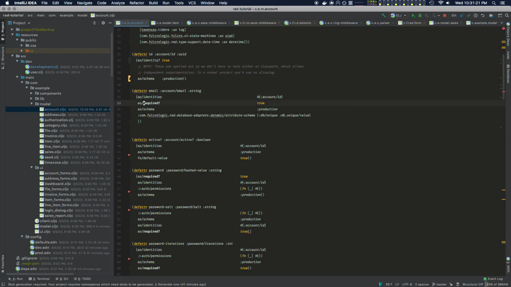Required is a hint, again, to the various plugin layers of whether or not this thing is required to be on whatever entities it lives on. And this one is the join point. So identities names all of the identity true attributes in your data model on which this fact, account email, can live. So in cases where you've got something like,